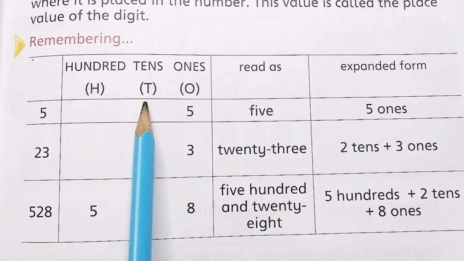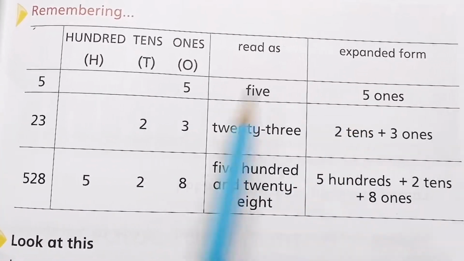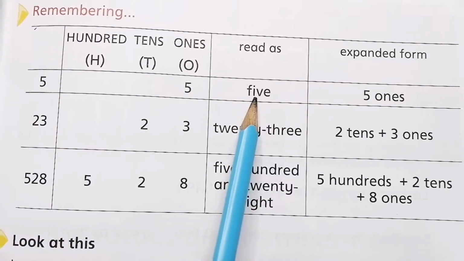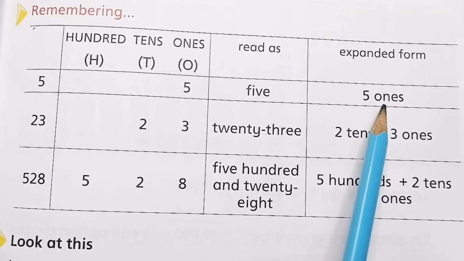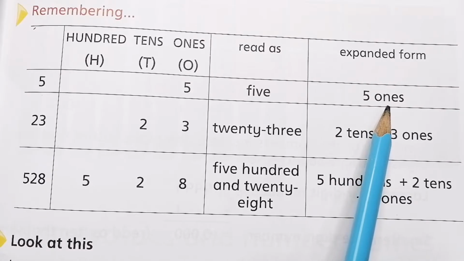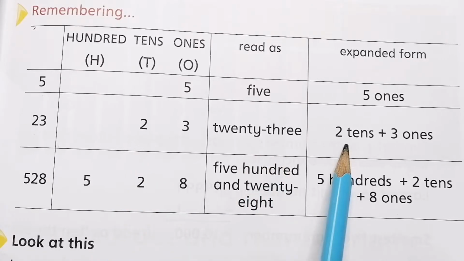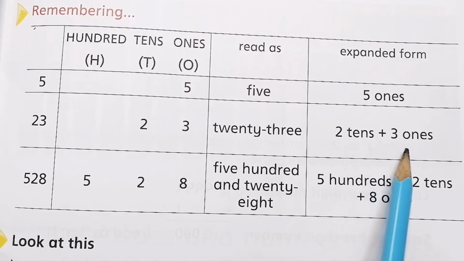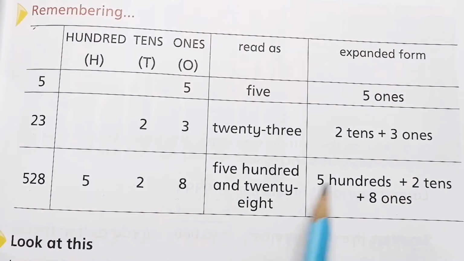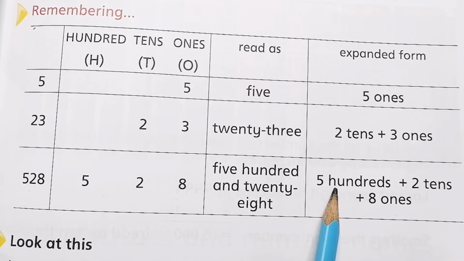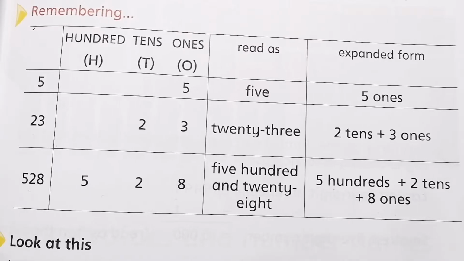It is given, first numbers are given, and we have to write them in expanded form. 5 is read as five, F-I-V-E, and it stands at ones place when you write it in expanded form. 23, two digits are there, 2 stands at tens place and 3 stands at ones place. 528, three digits are there, so 5 stands at hundreds place, 2 stands at tens place, and 8 at ones place,